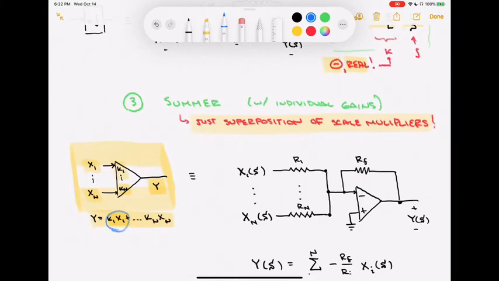How do we do that? You have some feedback resistor and some feed forward resistor with x1 feeding as the input. Those things that I circled there in blue would reflect, if I put no other input in there, a circuit that would output Y(s) equaling minus Rf over R1 times x1. So minus Rf over R1 would be the constant k1, and that would multiply the input signal x1. Well, as I add in more and more inputs all the way through xn,